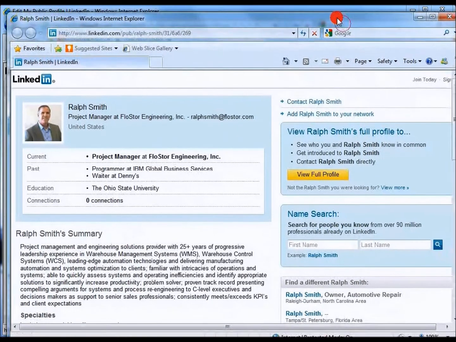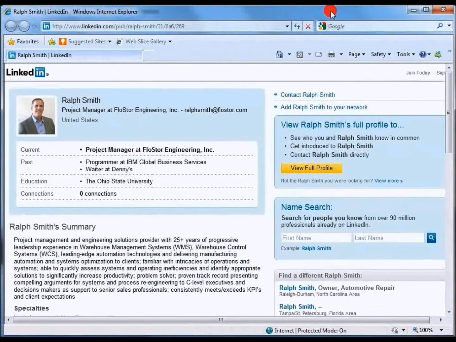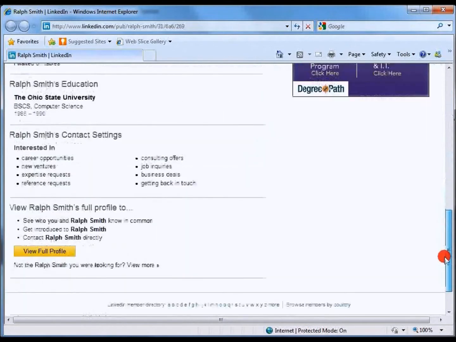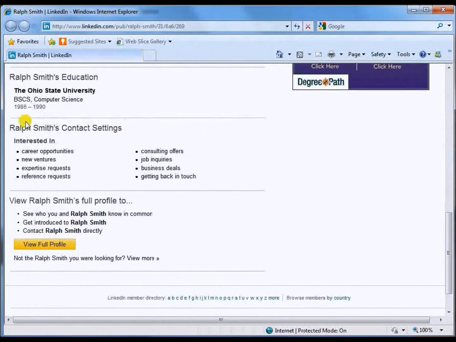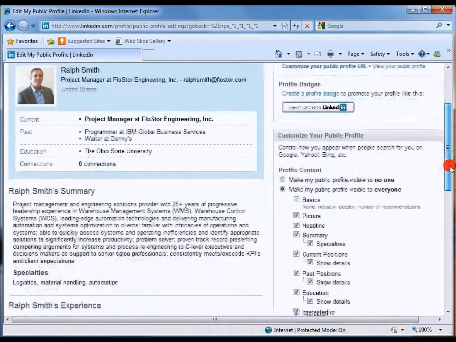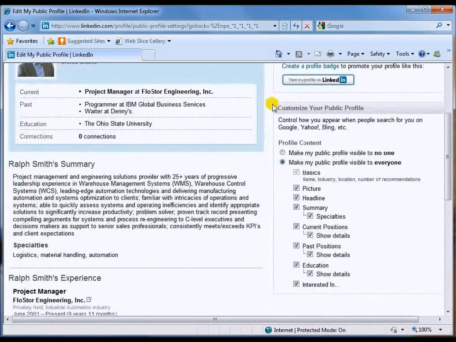That's going to show what people can see when they attempt to find us. And this is the profile that people will see the way it's set up right now. This is one of my pet peeves right here, and we're going to be getting rid of this in a few minutes. All right, now we're going to scroll down a little bit to the Customize Your Public Profile